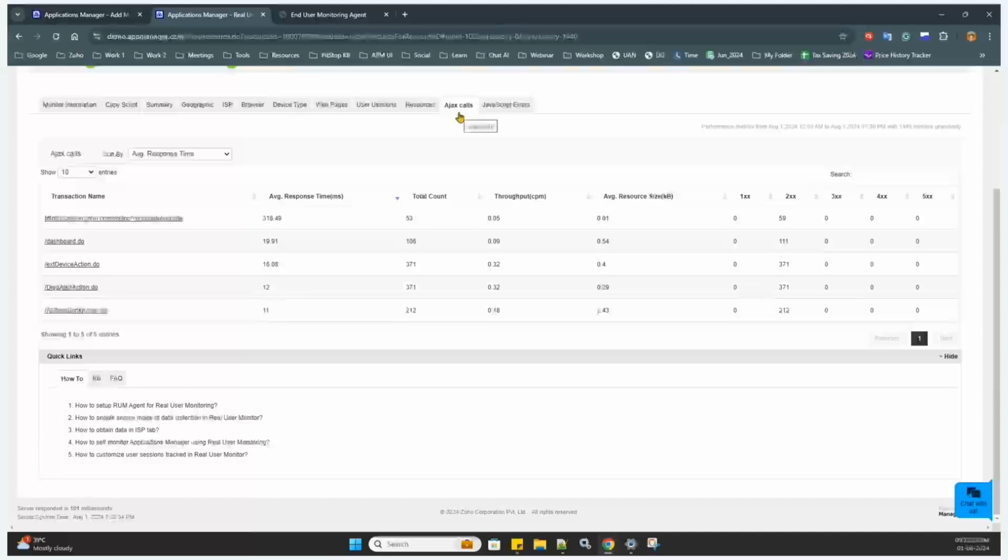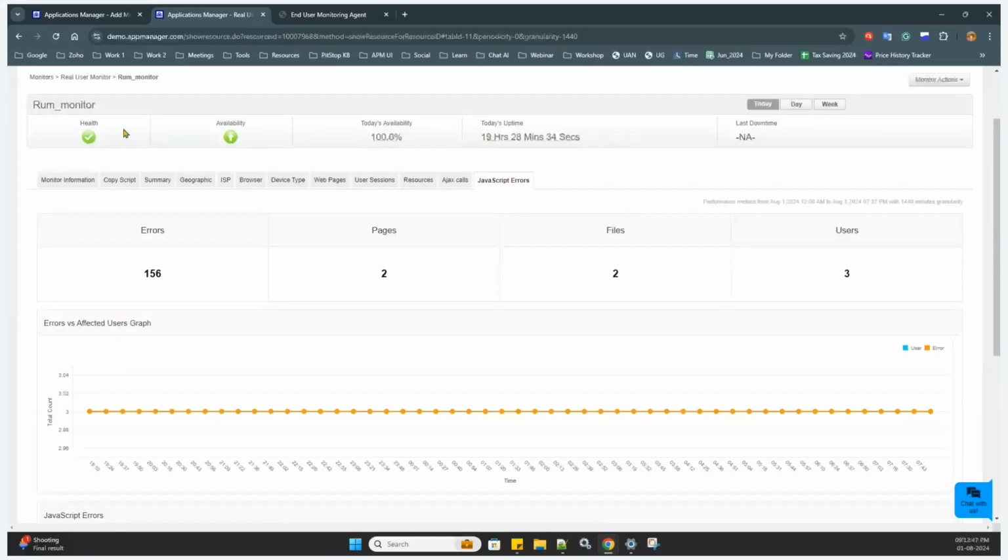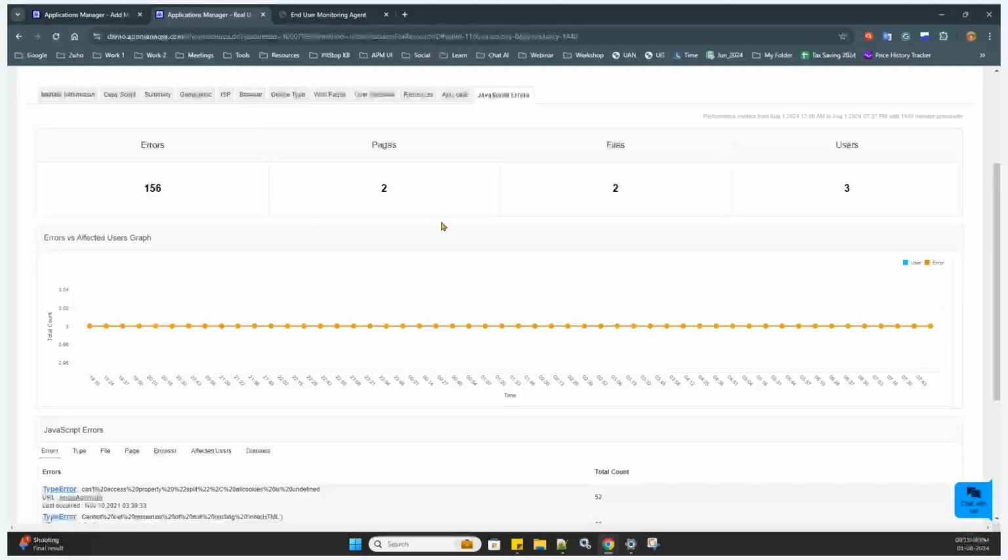Next, we can move on to the Ajax call. The Ajax calls that are available within the transaction can be seen over here. And apart from the Ajax call, we have the JavaScript error. If any JavaScript error is identified within your web application, within your website, those errors can be identified and shown over here. So in total for this specific URL, we have 156 errors,